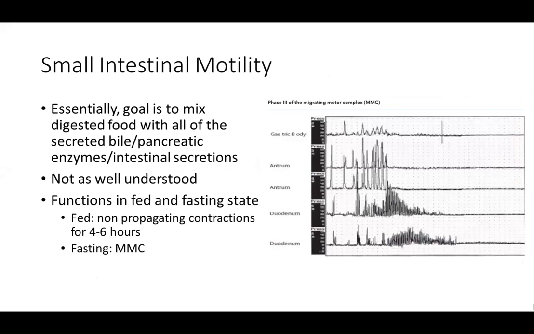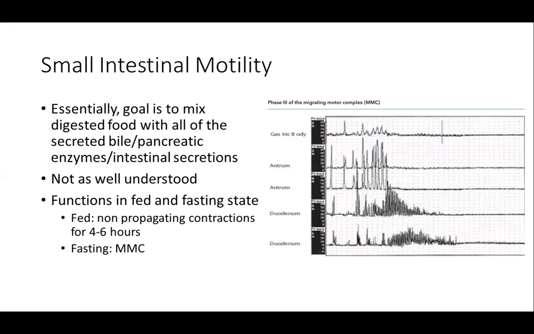I'm not going to go into too much detail on the small intestine. I know they were talking about mostly gastric in this particular lecture, mostly gastroparesis for that matter. But this is, again, simply not well understood. Same idea, you're propagating muscle contractions throughout the small intestine to move things down. A fair amount, and probably to some degree a lot, of the functional bowel disorders that we see probably have some level of dysmotility in this system, but we don't have the knowledge yet to know specifically what, and whether there is anything to do about it.